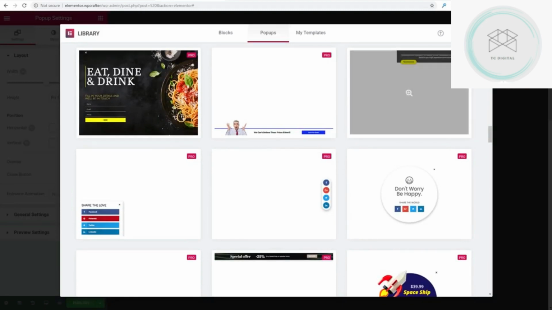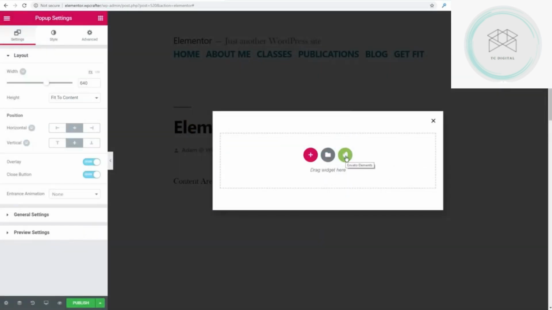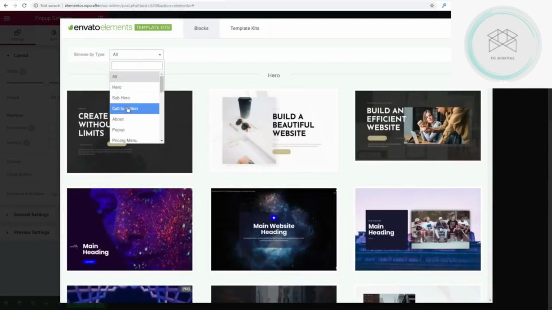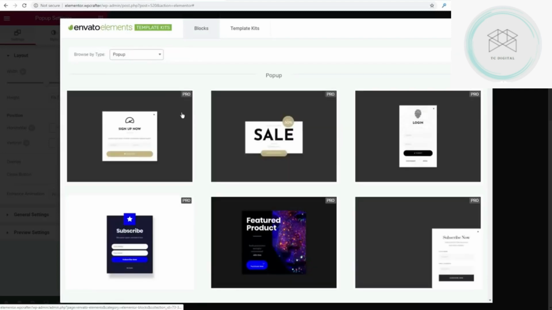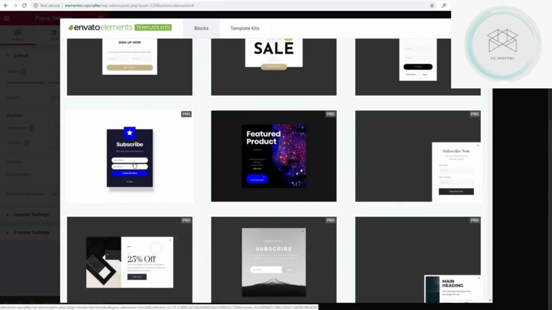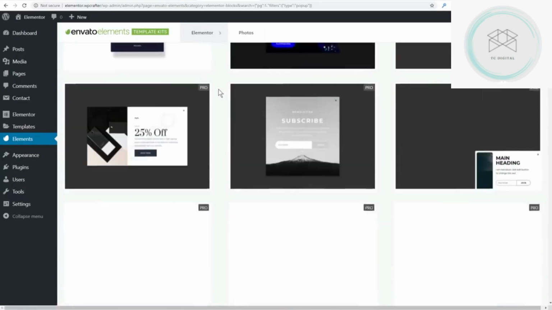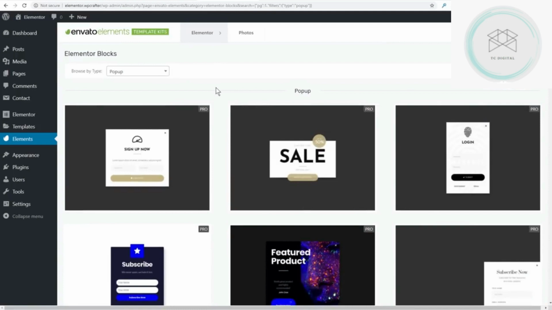Now, I thought there was a way, let's see. Oh, there it is. This icon right here, Envato Elements. Let's see if this works for pop-ups. I'm hoping it does. Okay, we did that. And so it pulled up the Envato Elements menu instead, and I'm still in Elementor. I could choose pop-ups. Let's see if it works like this. So here's a subscribe button. I'm going to click on that. Open pop-up templates. Let's see if that works. Nope, that doesn't work like that. So the only way to add an Elements template inside of Elementor Pro is to first go into Elements, go to Blocks, go to Pop-ups, and then choose the one you want. That's the only way. I thought there might have been that other way of doing it like you can do with its templates. But there's just so much that